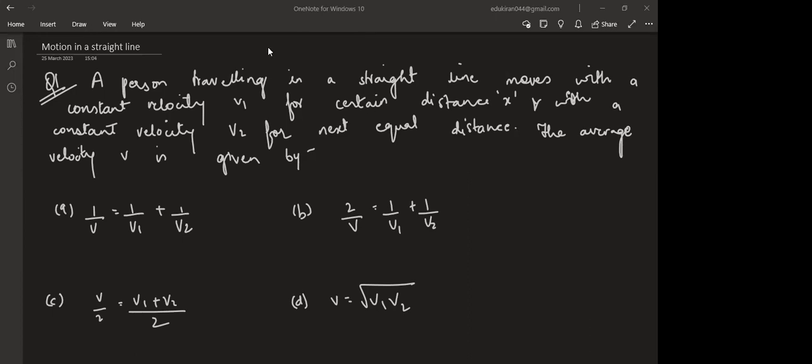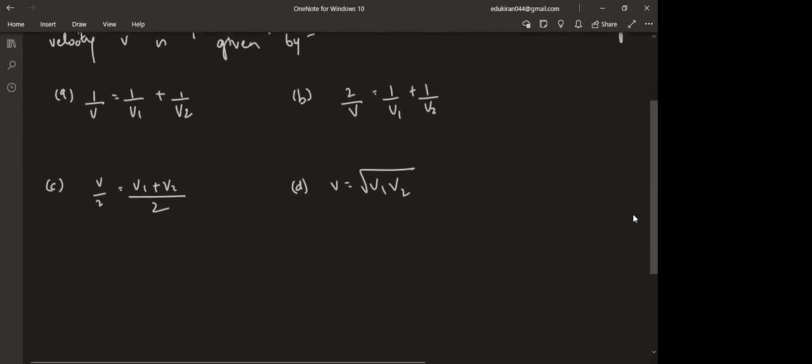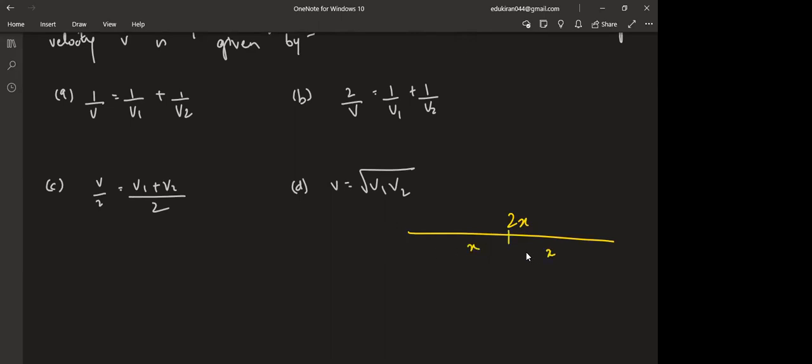Yes, most of you have given the correct option. See, for average velocity, you have to write out the total distance. Let's say total distance is 2x. If each part is x, the first part has velocity v1 and the second part has velocity v2. But total distance is 2x. So what will be the average speed? Average speed is total distance